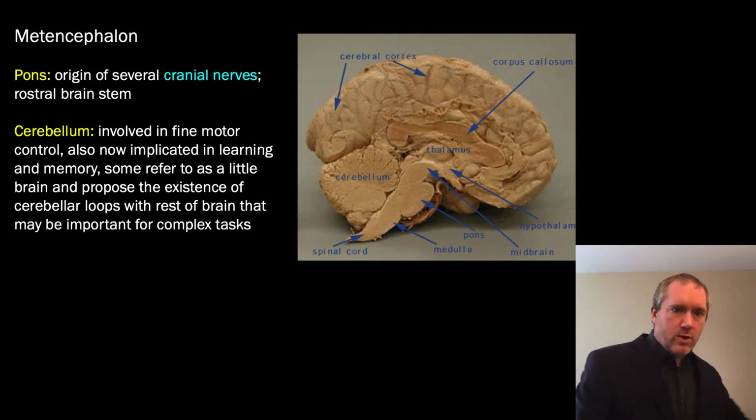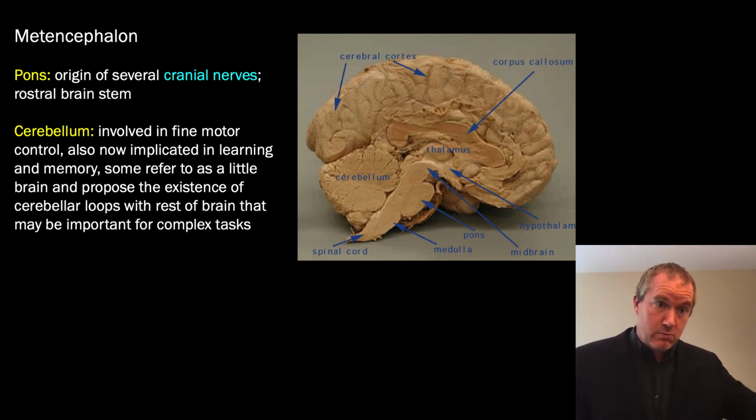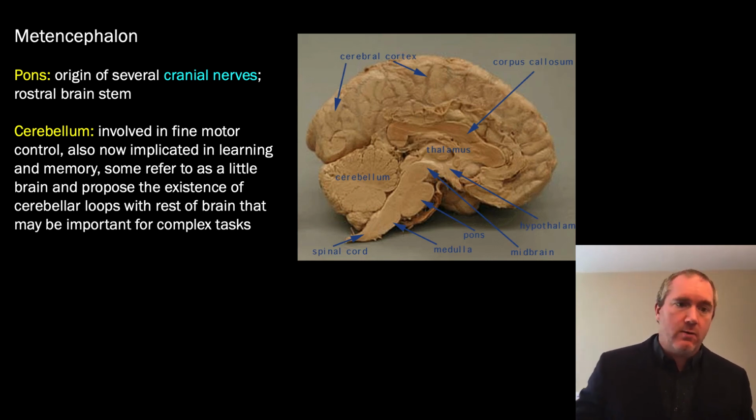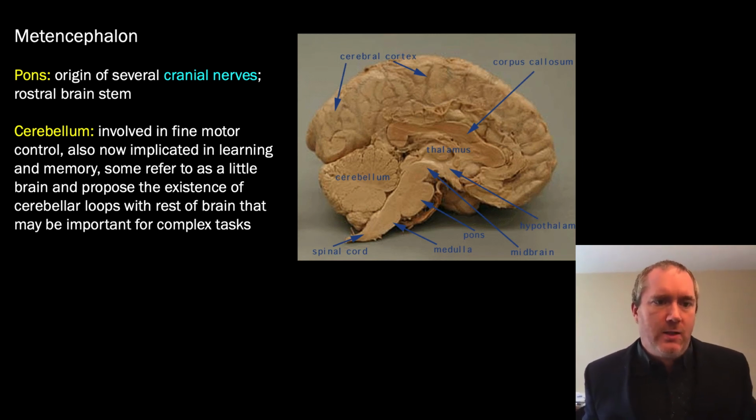The pons is the origin of several cranial nerves, like I already alluded to, and also the rostral portion of the brainstem. So, it's involved in very many of our basic functions. I've already mentioned the respiratory center in the medulla, which is just ventral or, I guess caudal, depending on what sort of species we're talking about, to the pons. The medulla actually sends those respiratory signals to the diaphragm. But if there were going to be an increase or decrease in action potential output to the diaphragm, that comes from supplementary respiratory centers in the pons.